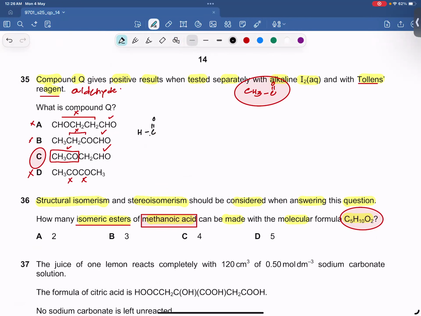ये मैंने क्लास में करवाया आपको कॉन्सेप्ट, मेरे टॉपिकल पास पेपर्स के सोल्यूशन में भी ये कॉन्सेप्ट है। सही है, अब जाहिर सी बात है मैं एस्टर को तो चेंज कर नहीं सकता हूँ, सो आई एम नॉट गोना गो फॉर फंक्शनल आइसोमेरिज्म, राइट। मैं इसकी पोजीशन भी नहीं चेंज कर सकता हूँ, आई एम नॉट गोना गो फॉर पोजीशन आइसोमेरिज्म, क्योंकि हाइड्रोकार्बन चेन है, सो आई कैन गो फॉर चेन आइसोमेरिज्म एंड इन विच आई नीड टू मेक अल्काइल ब्रांचेस। तो यहां से सबसे पहले अल्काइल ब्रांच बनाते हैं।